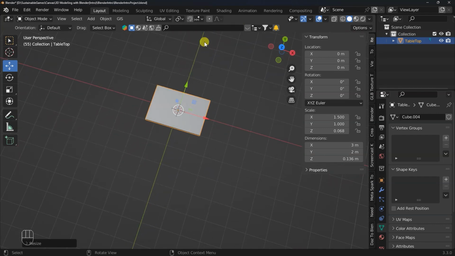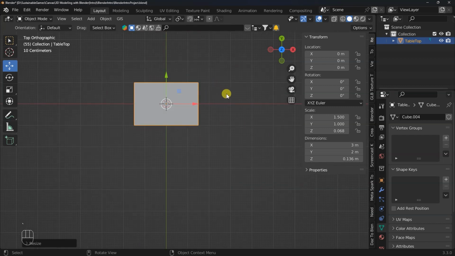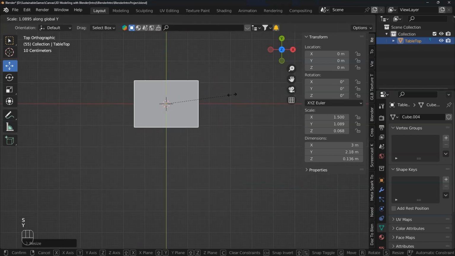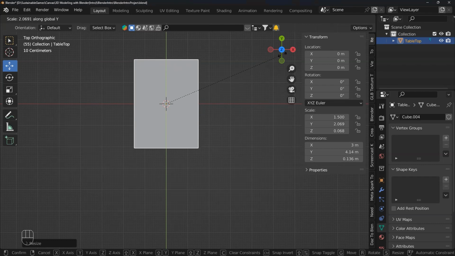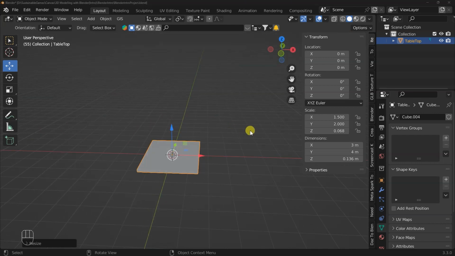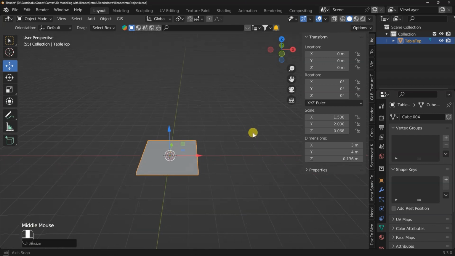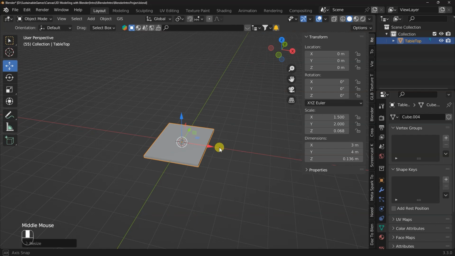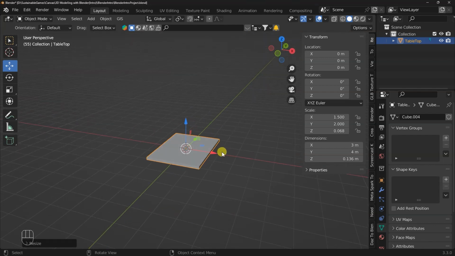Then I want it to be a bit long, so let's go to top view, S to scale, Y to constrain it to the Y axis, and I think once it's about this size is good. So I think I like what I'm getting for the tabletop, and we can now look at adding some table